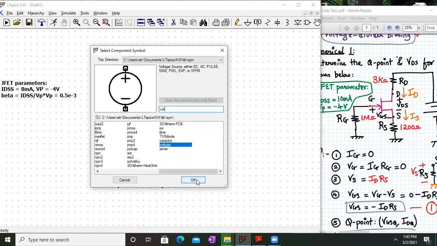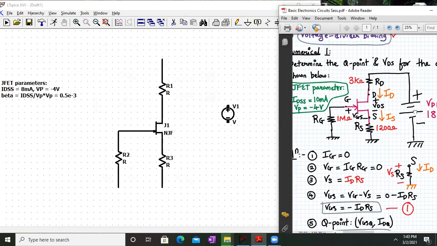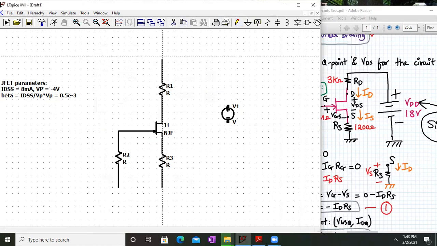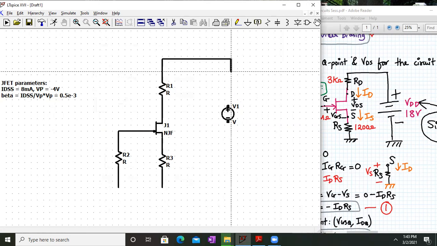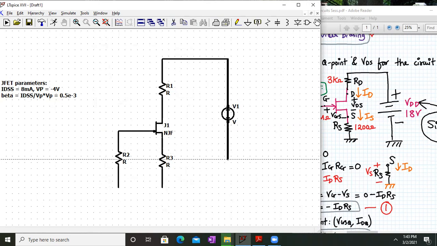So I'll type voltage and connect that voltage source over here, because we require an 18-volt voltage source. I do the remaining connections easily with a wire. Make sure that all the connections are grounded also. I have to connect the ground to every place properly. And now let me expand it, I'm in full screen.